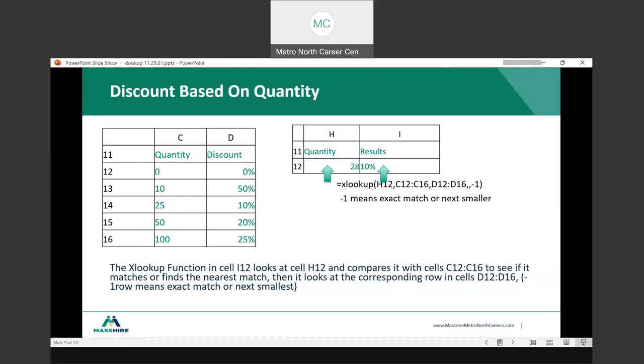So the more you buy, the more discount, let's say. It could be the more you purchase, the bigger the discount as well. So either way, the more you buy or the more you sell. All right. So if you look at this, I want you to notice, I'll go to the Excel spreadsheet